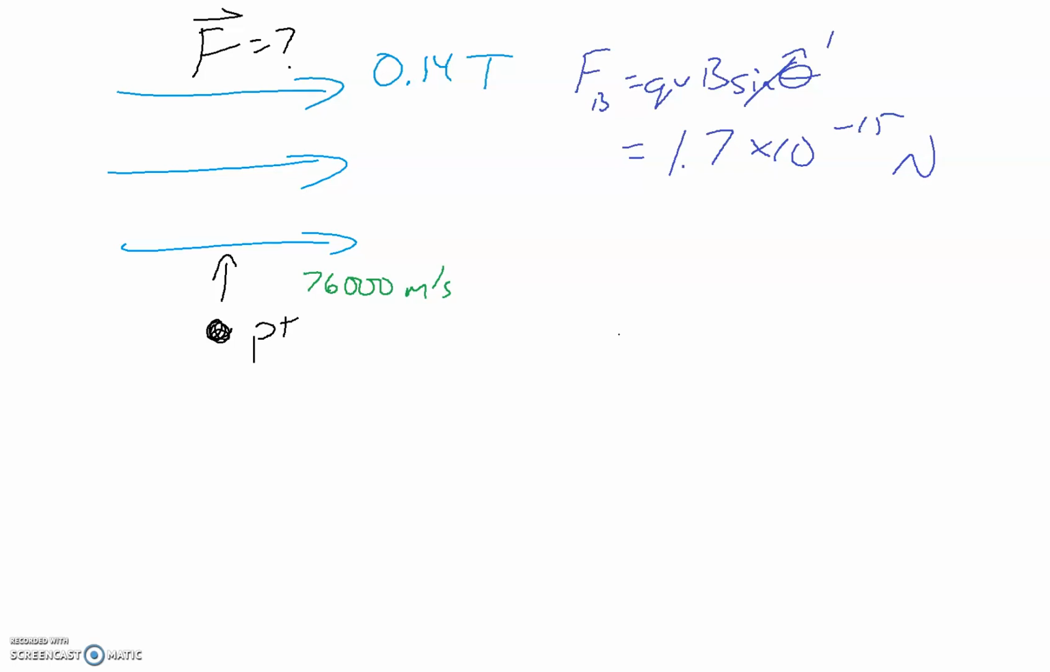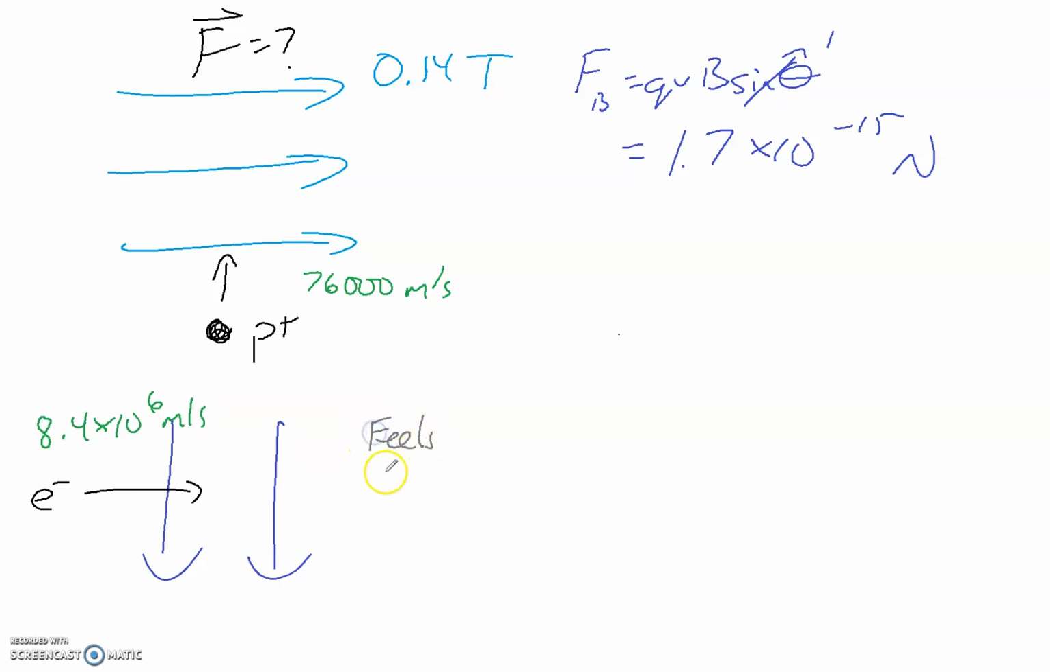Okay, so let's try something else. Let's draw a magnetic field like this. All right, let's use an electron. So here comes the electron, and let's say the electron's coming in at 8.4 times 10 to the 6 meters per second. It's coming in there, and let's say the electron feels 1.42 times 10 to the negative 16 newtons. So what is